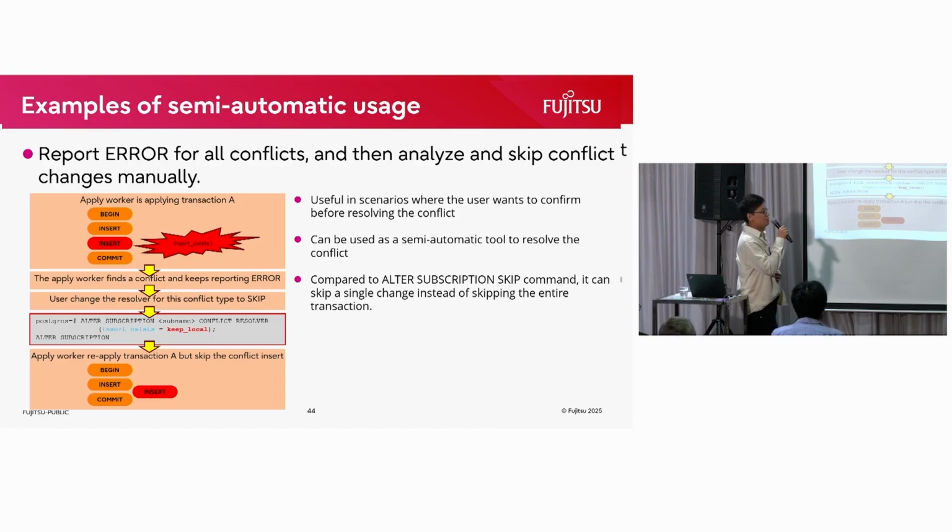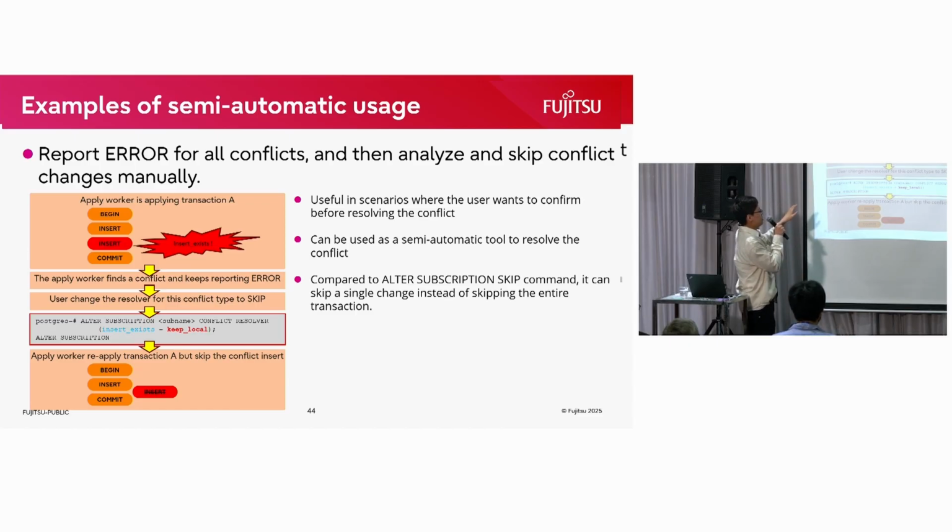And apart from the automatic usage, this feature can also be used as a semi-automatic tool. For example, initially, the user can specify error as the resolution method for all the conflicts. So the apply worker will keep reporting an error for any conflict. So in this case, if the apply worker reports an error when applying a transaction because of one of the insert,